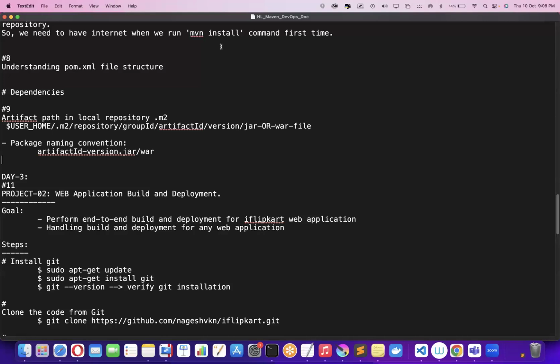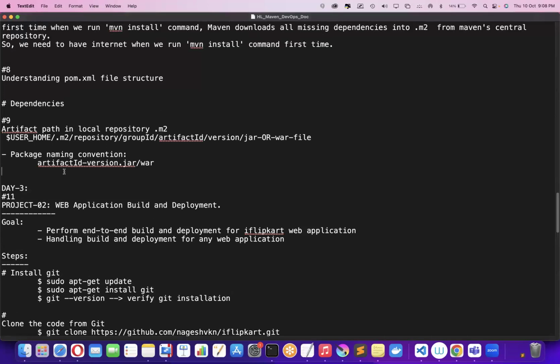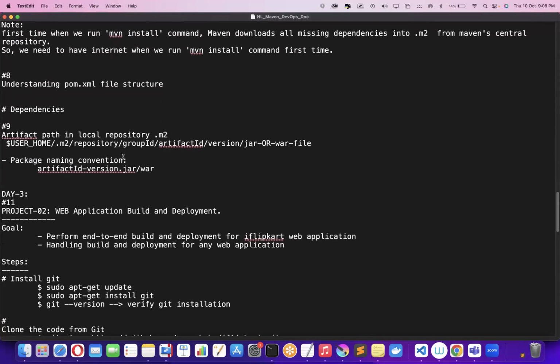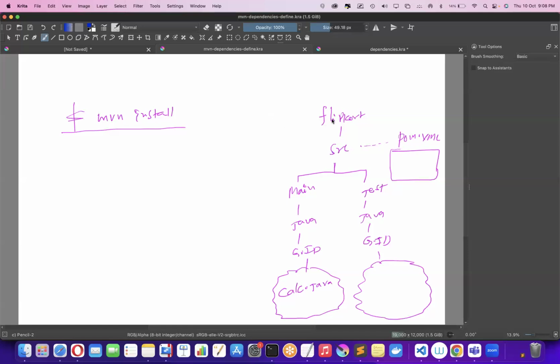So in the last class, we built our Flipkart project, right? This is how the project folder structure looks like. We all know this. Under Flipkart, we have src, main, test, and then here you have the pom.xml file. This is where we write configurations, correct? So briefly, src main java group id. Assume that here you have Calculator.java. Here you'll be having Calculator